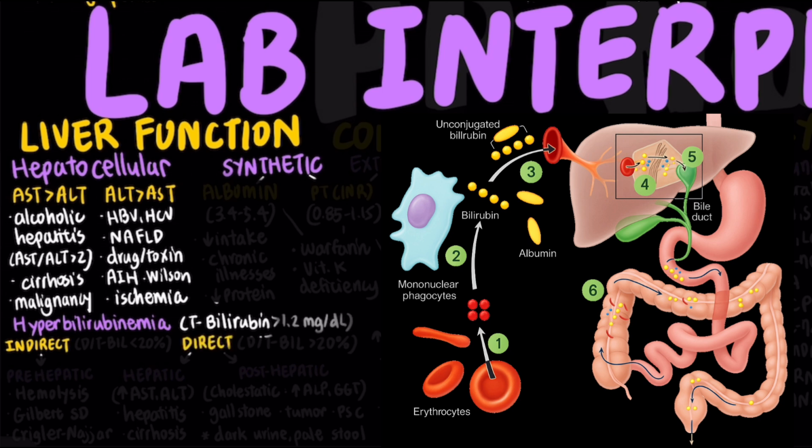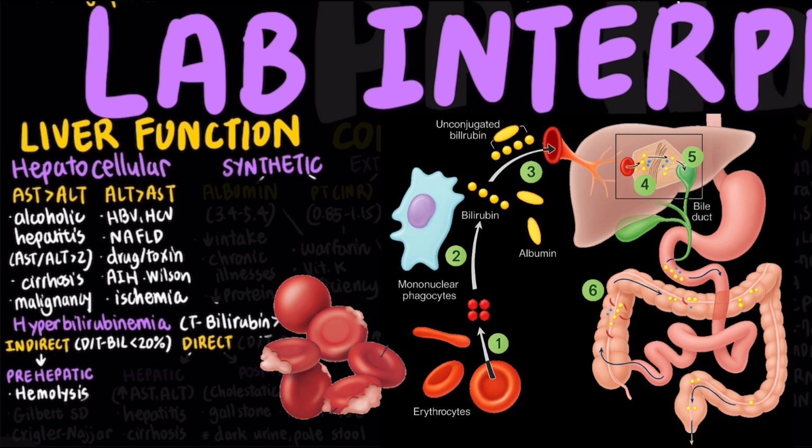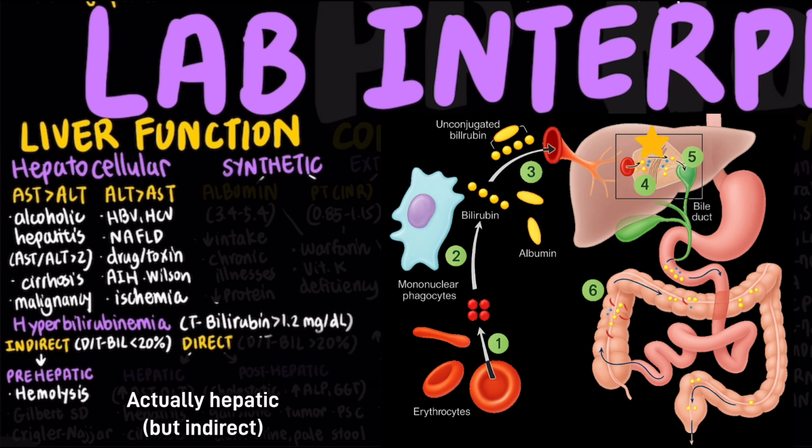Indirect hyperbilirubinemia is defined when direct bilirubin is less than 20% of the total bilirubin. This means most of the bilirubin in circulation is unconjugated, and the problem lies before the liver has processed it, what we call prehepatic causes. Common examples include hemolysis, where red blood cells break down rapidly, and genetic defects in conjugation such as Gilbert syndrome